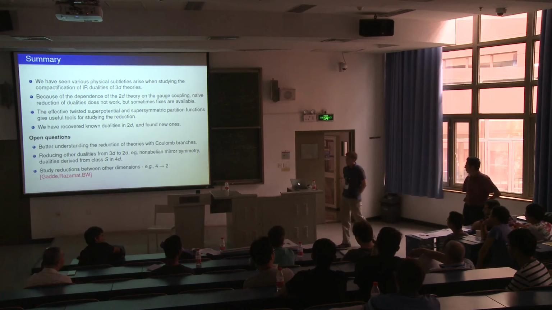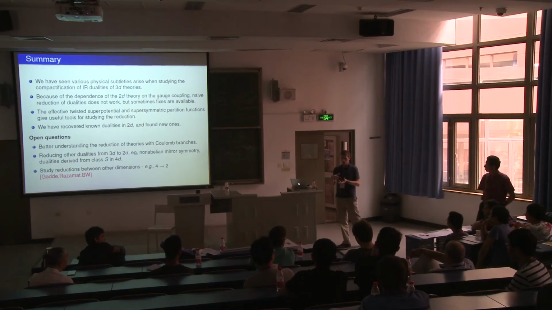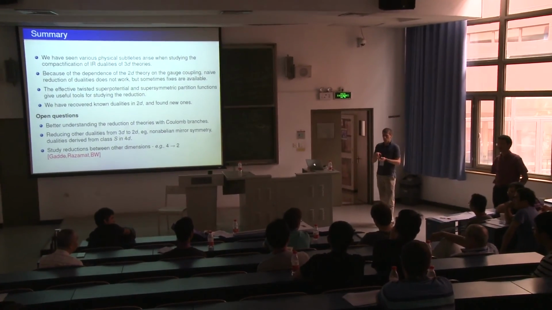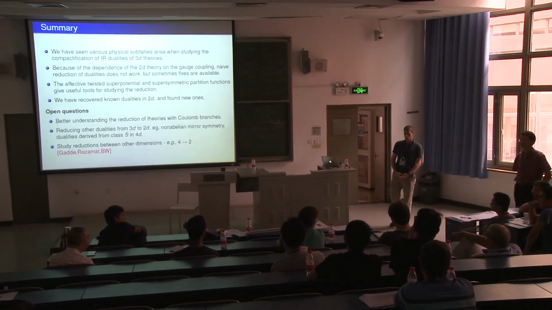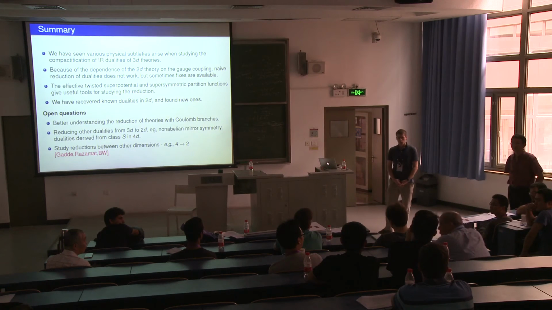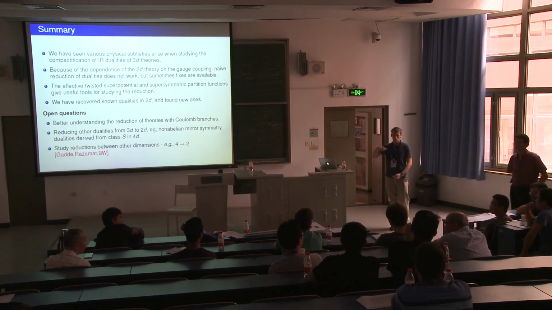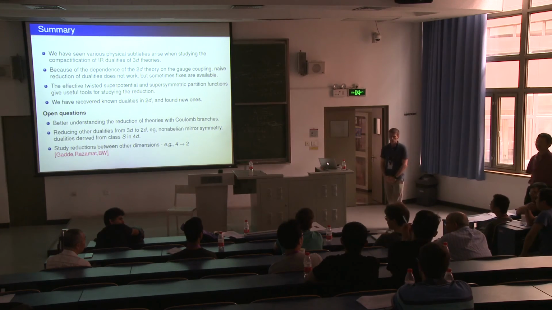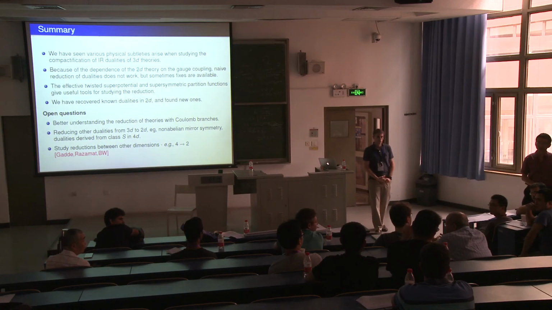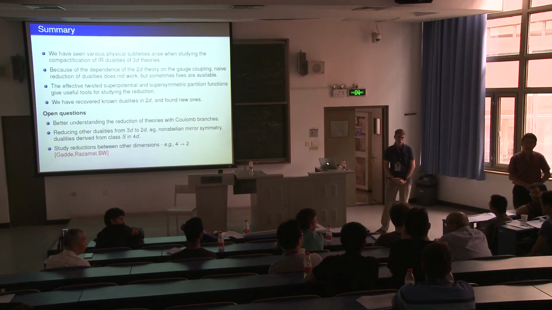Yeah, I think Shlomo's point was that when you put the theory on S2, you do a topological twist on the S2, but that breaks half the supersymmetry. Right, so you get the standard 0,2 elliptic genus, and that has to match. He was talking about the 2-2 elliptic genus. Yeah, but you wouldn't be able to get the 2-2 theory that you get by reducing on a torus from 4D. But in addition to that, the 2-2 elliptic genus is not a question that can be embedded in a 4-dimensional problem.